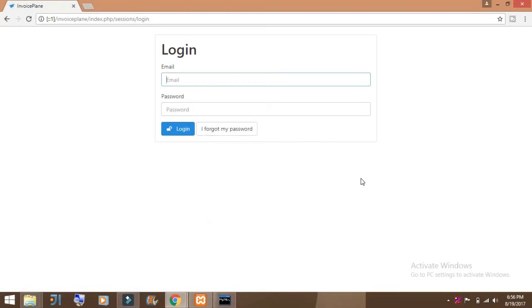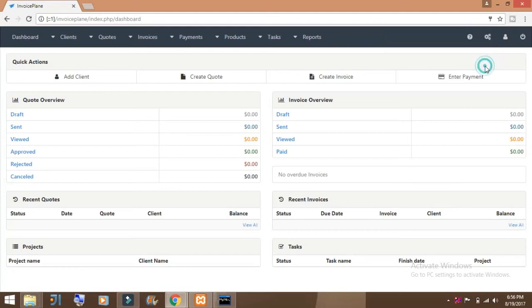And the login window will come, and whatever email and password you set at the time of setup will be the credentials to login, right? So I have logged in. I can see there are many menus here, right?